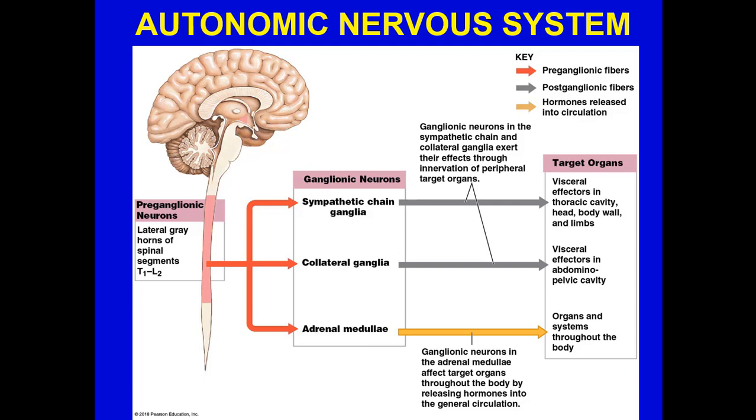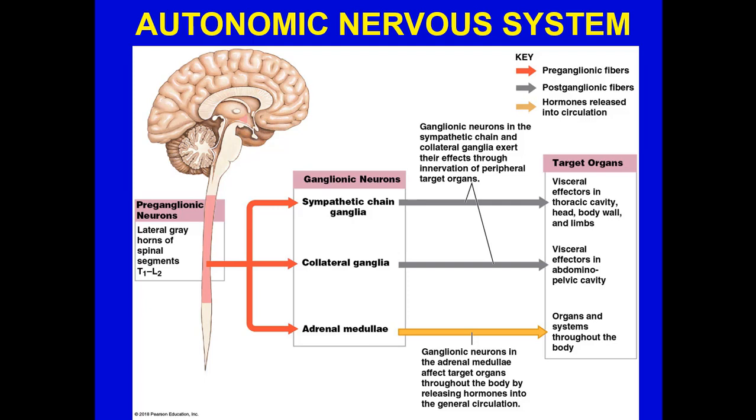Preganglionic neurons leaving the spinal cord, but going straight over, will actually innervate the adrenal medulla. Now, in the adrenal medulla, you have to understand something. This is a completely different case. We're not talking about the exterior cortex, but the inner core. And in the inner core are these neurochromaffin cells. These chromaffin cells release epinephrine and norepinephrine.